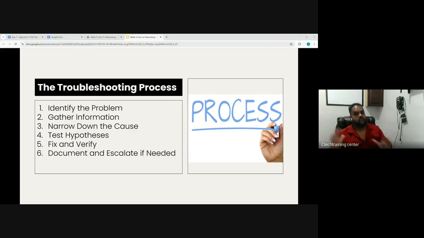That means that if anyone in the future has the same issue, they can search in the ticketing system to see if this issue has been resolved and how it was handled in the past. It can become a place of documentation, and all the assignments that you guys do will be based on documentation. Okay. And we'll talk about documentation in one separate class, because it's very much needed, and it should be a clear process to follow. So it should be clearly stepped, so anyone new coming in should be able to follow it and do it.